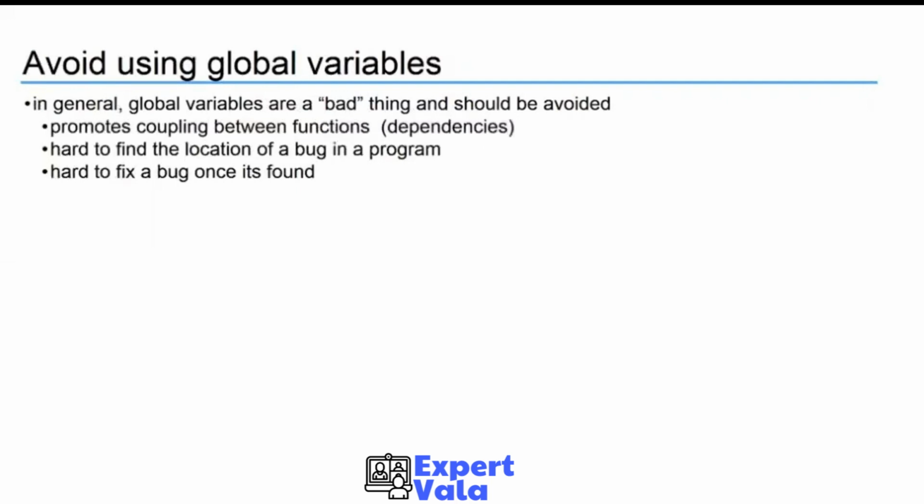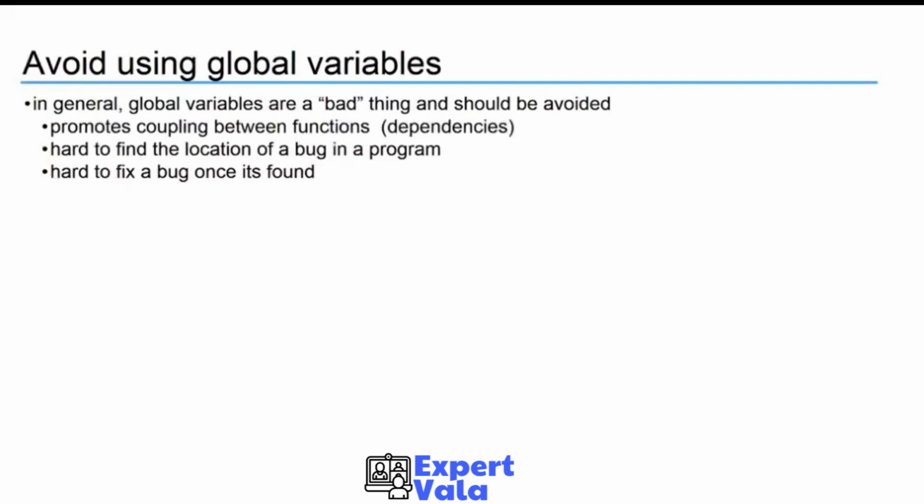It's also very hard, once you find the error and isolate it, to fix it, because when you fix it, you may cause problems in other functions because of these dependencies. Global variables should be avoided as much as possible because of this coupling and these dependencies. There are times when you may need to use one, but you should avoid it. And to keep in mind,